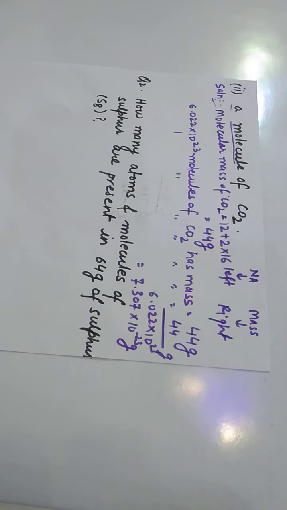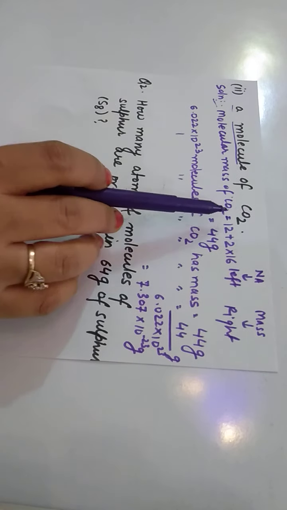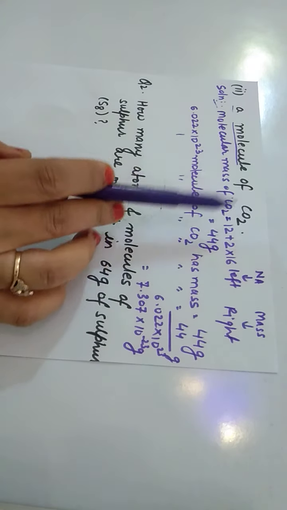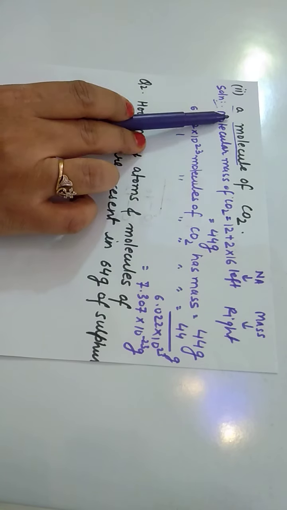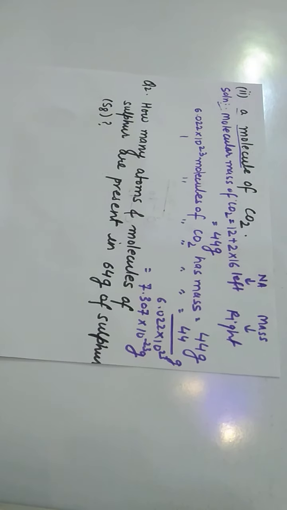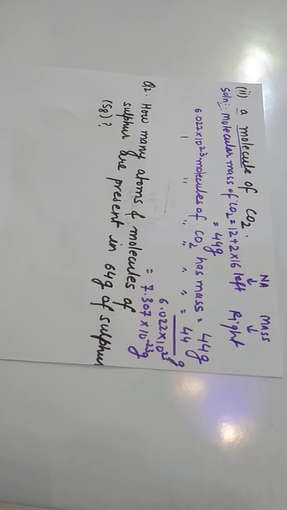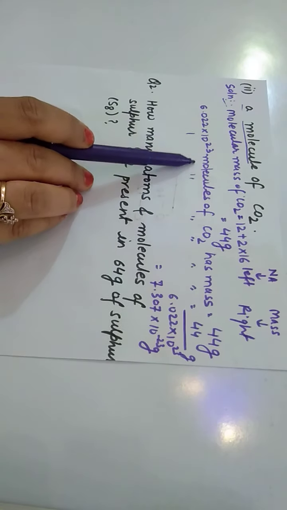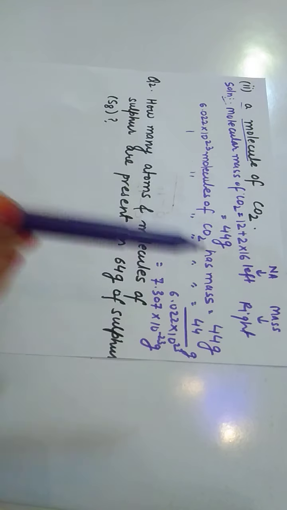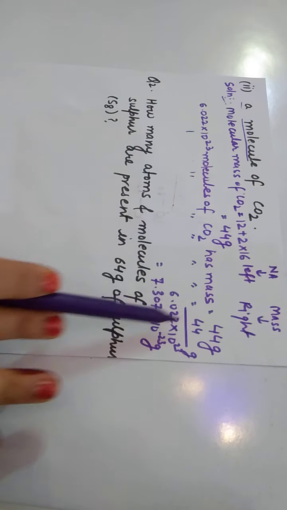So now you got to know about the technique which we'll use. What is asked is the mass. Mass will be on the right side, with the help of which a molecule, it is number of molecule. So Avogadro number. Whenever it is number of atom, molecule or ion, it is always Avogadro number. So with the help of Avogadro number you will find the mass. So Avogadro number on left side, mass on the right side, and then the simple unitary method will be used.